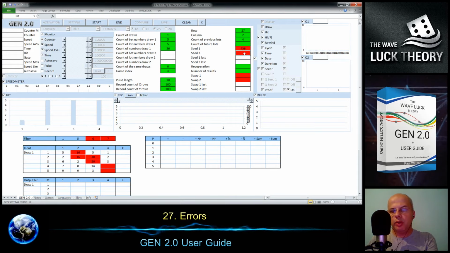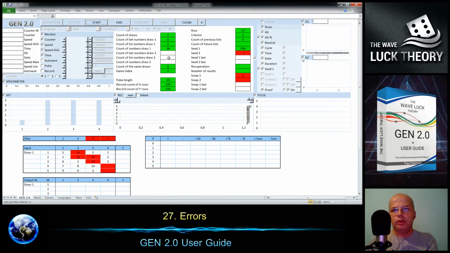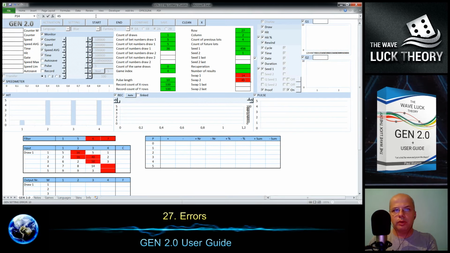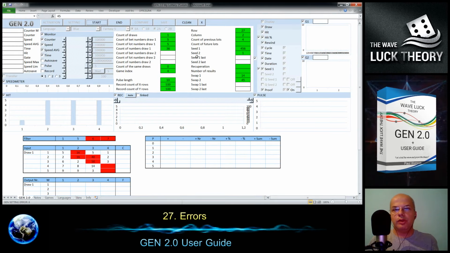so I put some numbers. If I put a negative number or 0, we can try it again. So only one seed is correct, and I put number 1, so seeds are correct. 0 is also not good, so I can put these numbers. This is how we solve the seed and swap numbers.